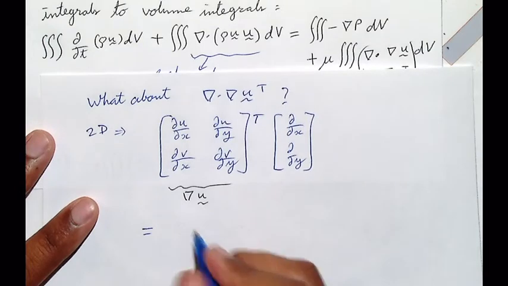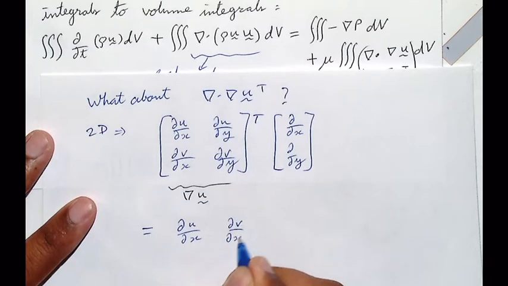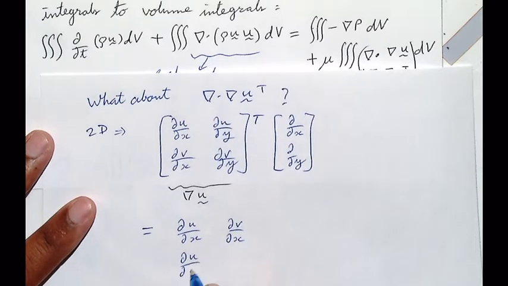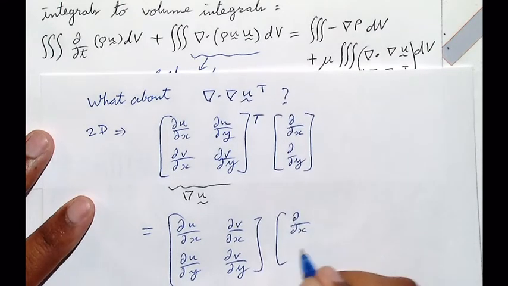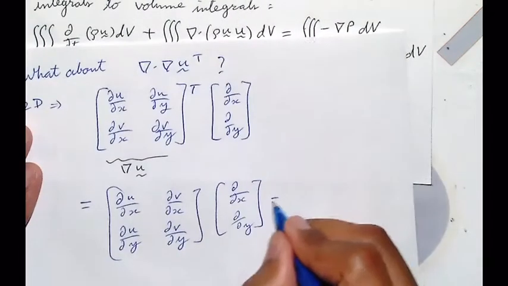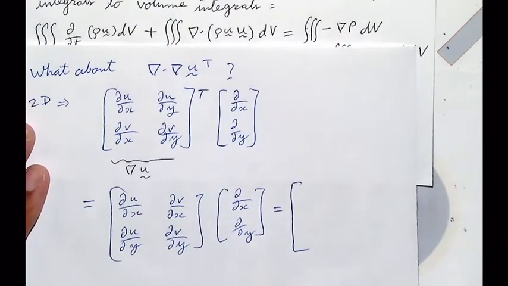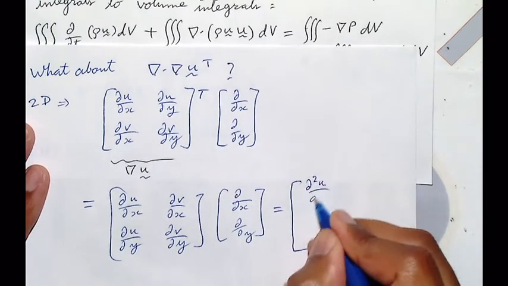Okay, I should write one more step. So du by dx and dv by dx, du by dy, dv by dy, times d by dx, d by dy. Okay, which is equal to